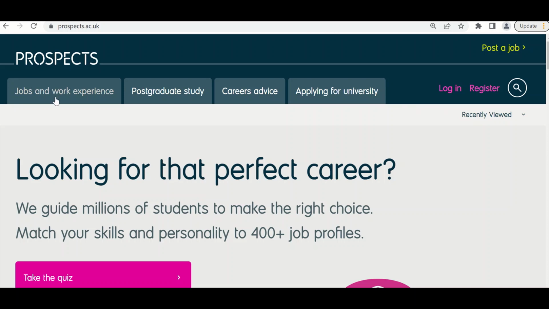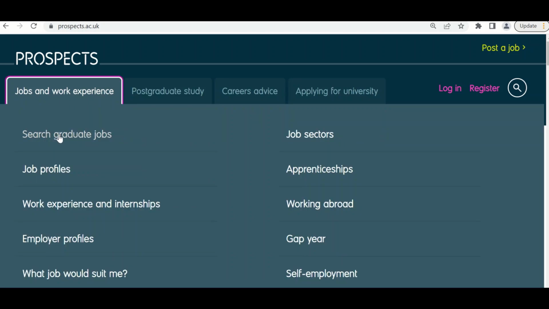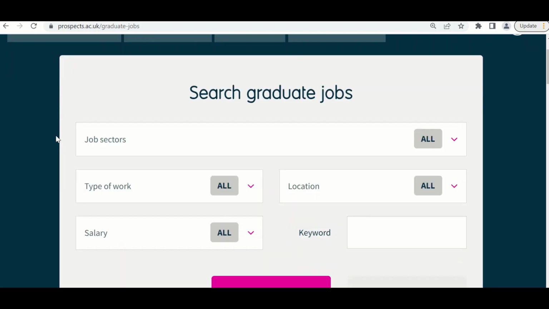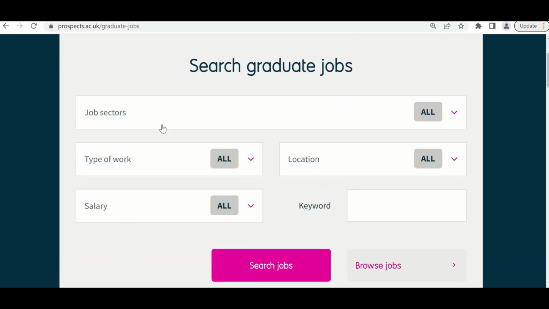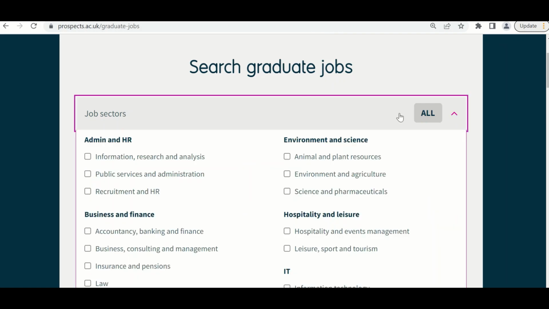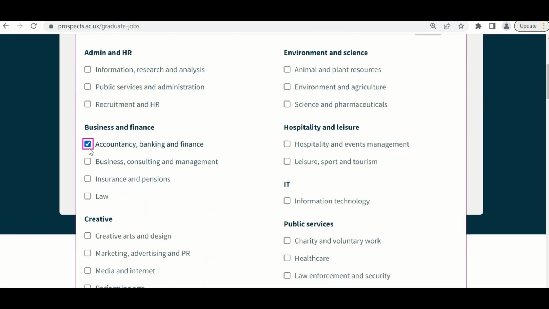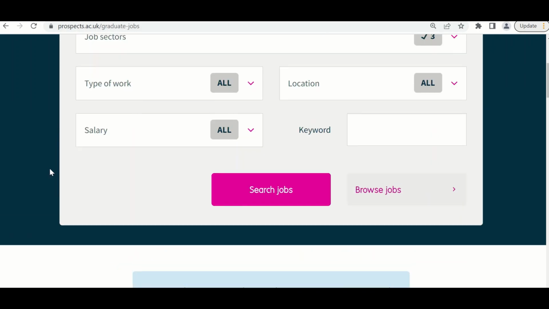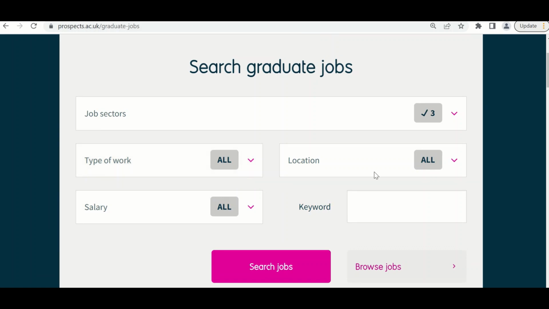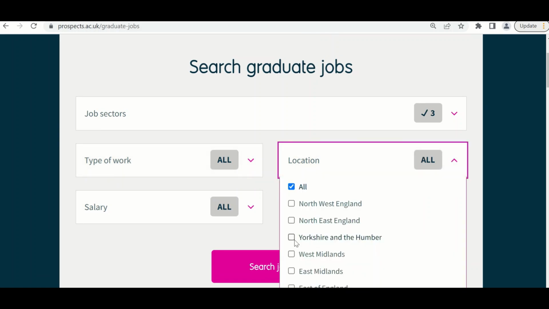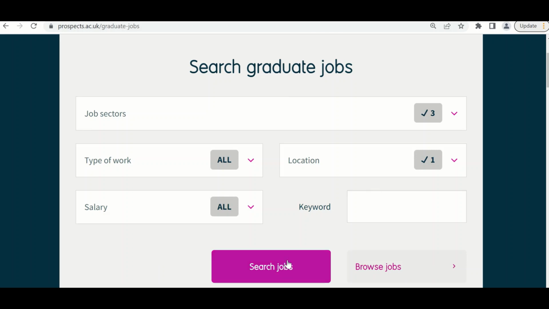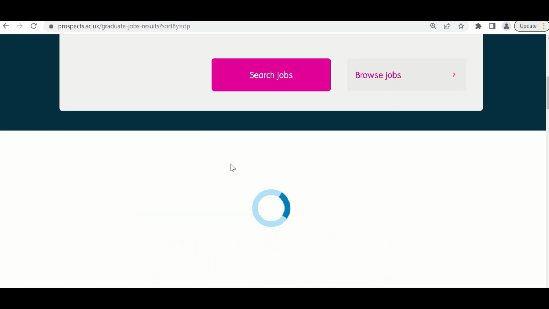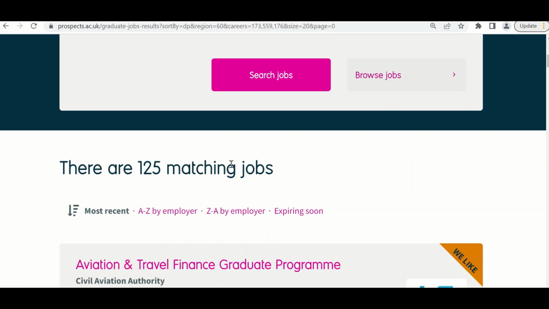So if we go onto the Prospects site and press right at the top into jobs and work experience to search for graduate jobs, you'll see that it brings up a form for you to complete of what you're looking for. And for me today, I'm just going to click a few here, and I will also just have a look at the location. Let's have a look more locally. Let's see what's available. This website is one that always takes a little bit of time to load, but oh,